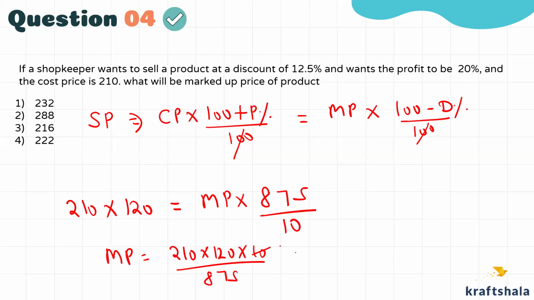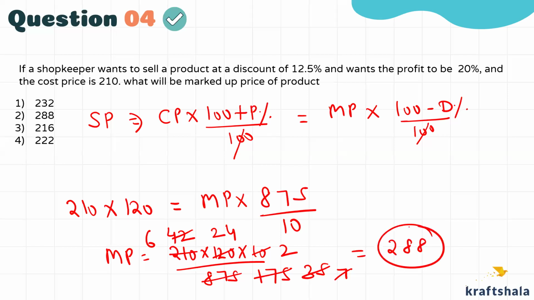So let's cancel it out. 5 2s are 10, 5 1s are 5, 7s are 35, 25. Then you can cancel this. 5 2s are 10, 24, 5 3s are 15, 5 5s are 5 7s are, and this is 7 6 are 42. 6 2s are 12, 24 12s are 280.